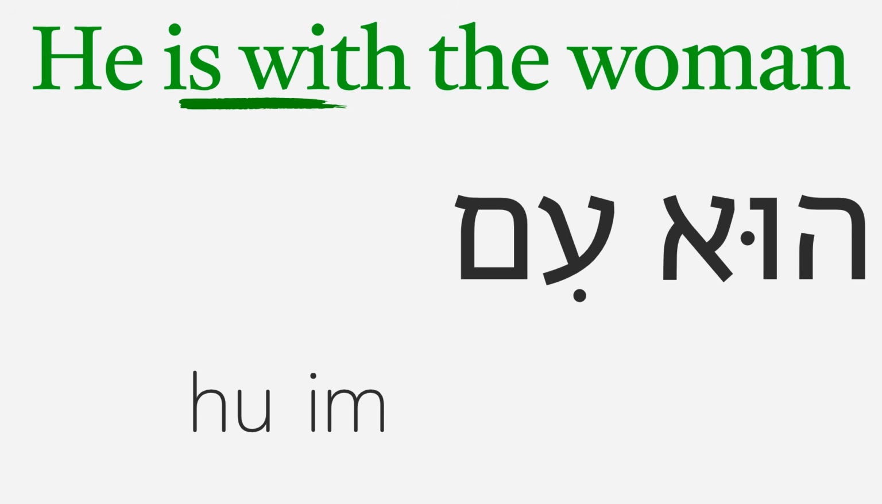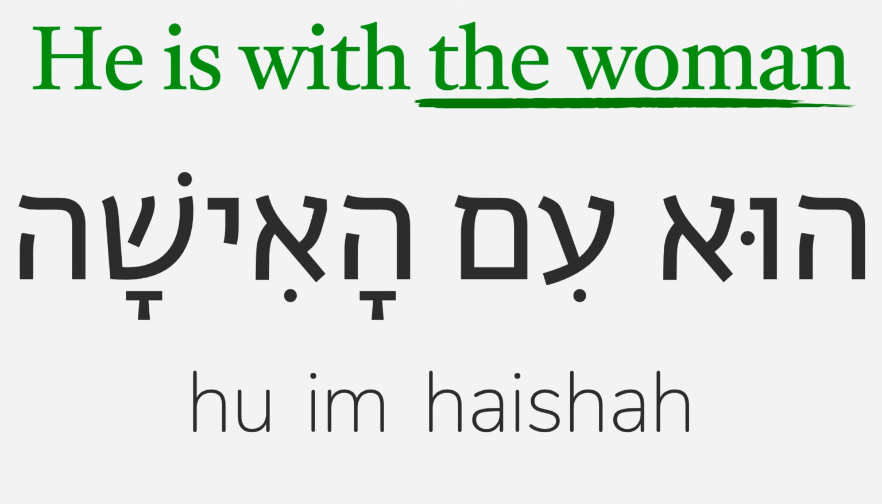Hu, he, im, with ha'isha, the woman. Hu im ha'isha. He is with the woman. In this last part of the video, let's see how to say things like I want you